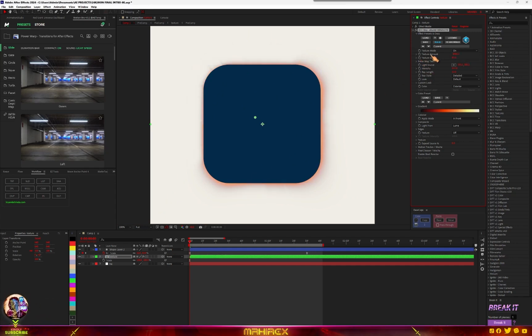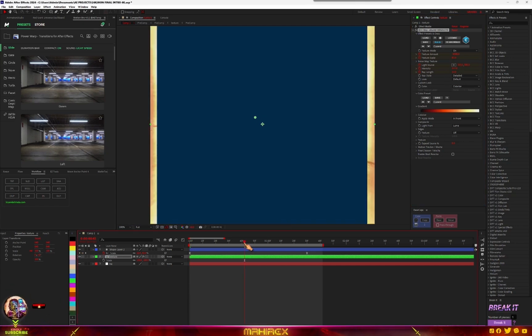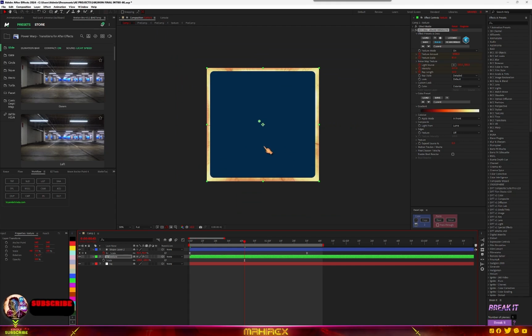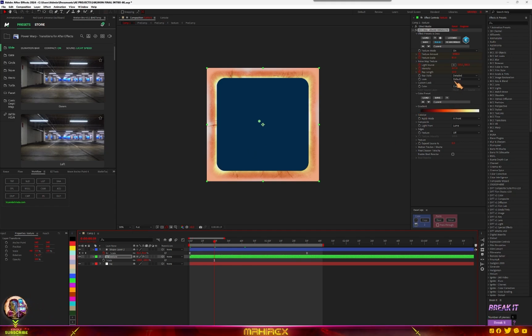So make a keyframe here for the texture amount, texture scale, light source, intensity, and ray length. So if you move in some fill frames, we are going to, so let's bring it like this, and we are going to move our light source to somewhere like here,